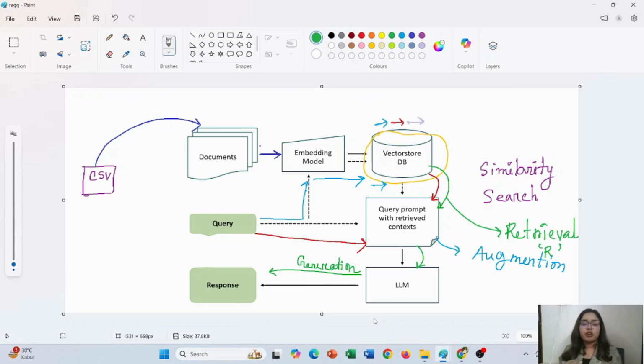Then we're performing a similarity search. Through similarity search, we're going to find the vector embeddings similar to the vector embedding of the query. In that way, we know which are the relevant reviews for our query. Then we're going to fetch those relevant reviews and augment them with our original query. Later, we pass that augmented, combined input to the LLM so that it can generate